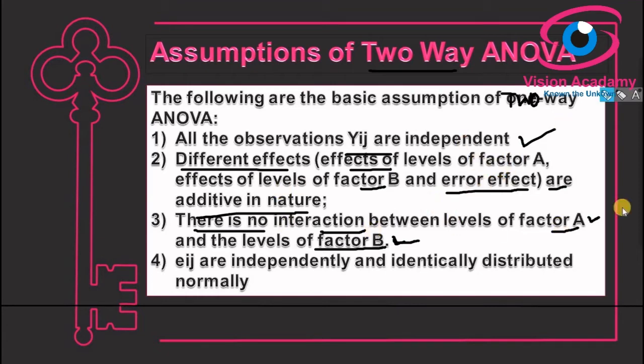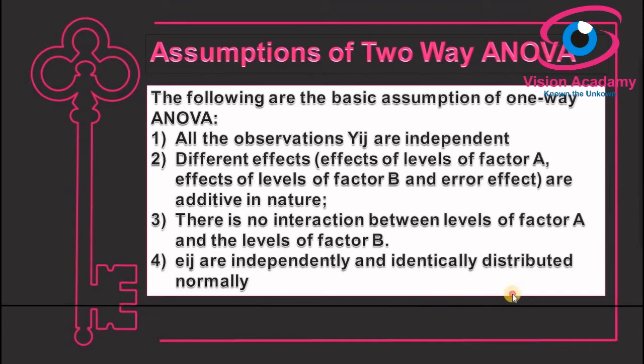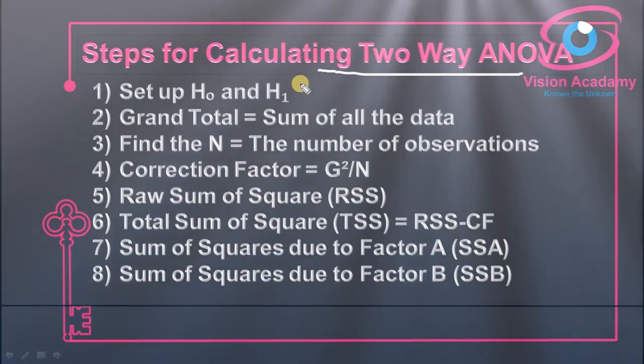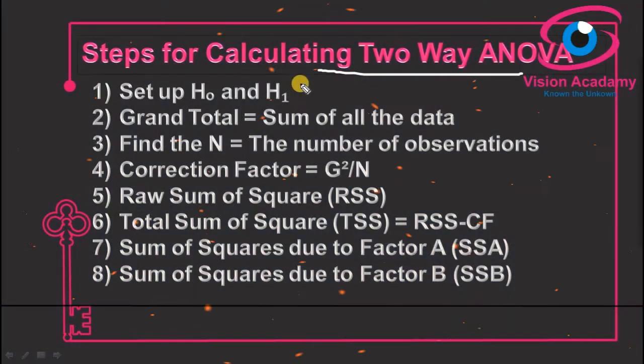After covering the two-way ANOVA assumptions, let us go through the steps for calculating a two-way analysis of variance problem. If you watched my earlier videos on one-way ANOVA, you might already have the conceptual idea of how to carry out the calculation. Most of it is similar, but since we are considering two factors, two independent variables, there is a slight variation. Some of the steps remain the same and some need to be understood.